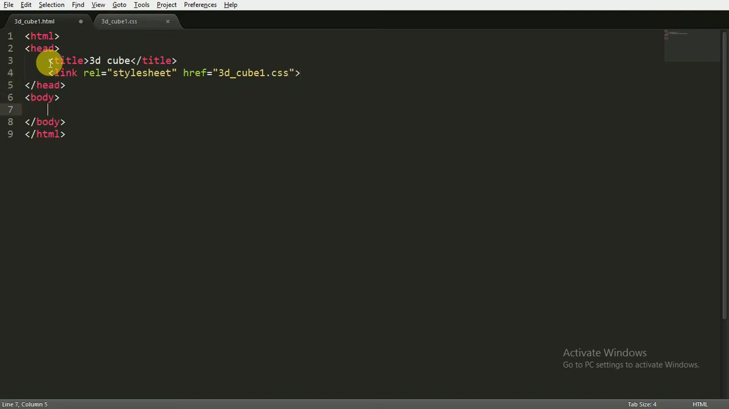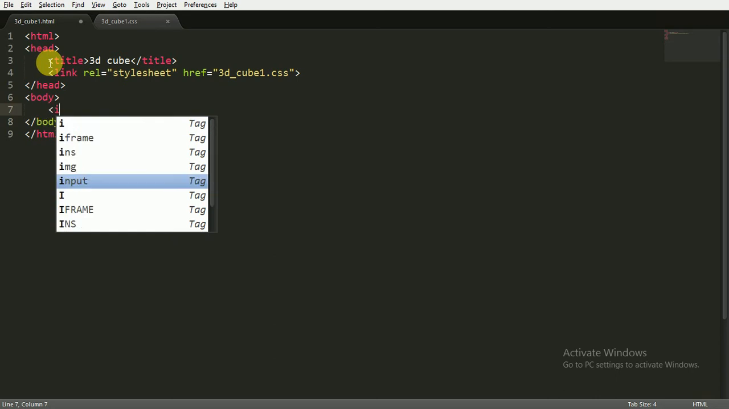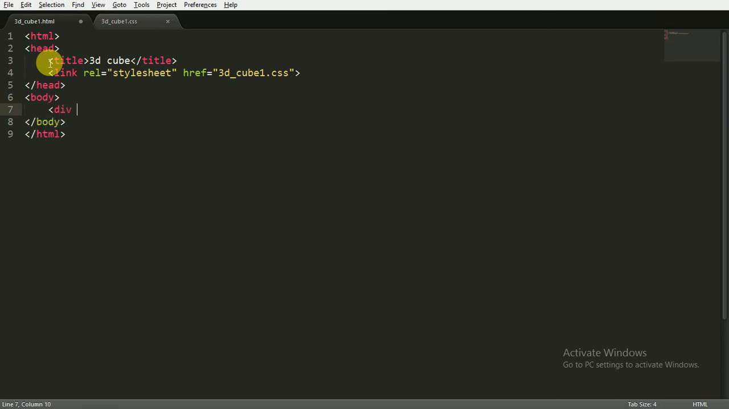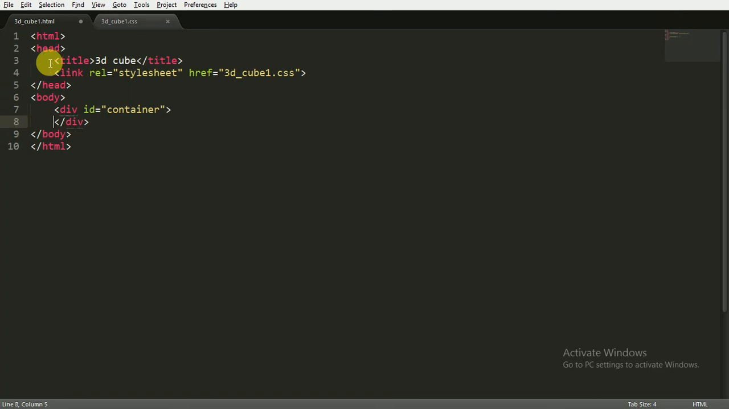Okay, and now in the body tag I am going to open a div tag and give it the ID of container, and I'm going to close it. And now inside this div tag of container, I'm going to open one more div tag and give it the ID of box, and I'm also going to close it. Okay, so inside this I'm going to open a div tag and close it,